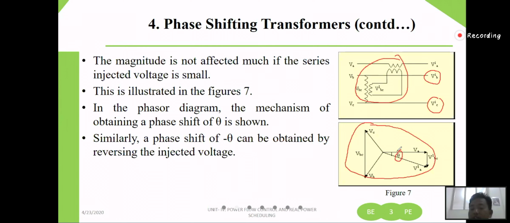It has been phase shifted by angle theta, and then you are receiving a voltage V1A, which means there is a delay or lagging here. The phase shift is by angle theta, this is the sending end voltage VA, and then you will get VA1. You get VA1 because of the introduction of this phase shifter. And then the difference between these two is